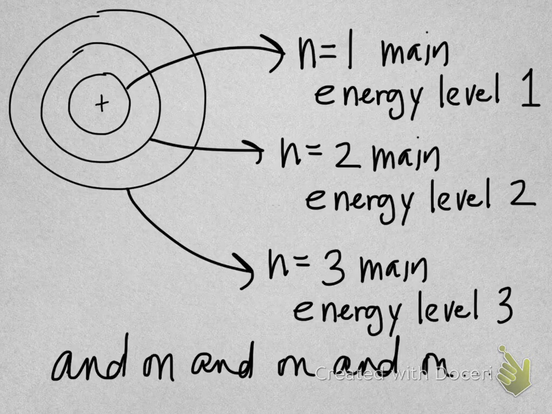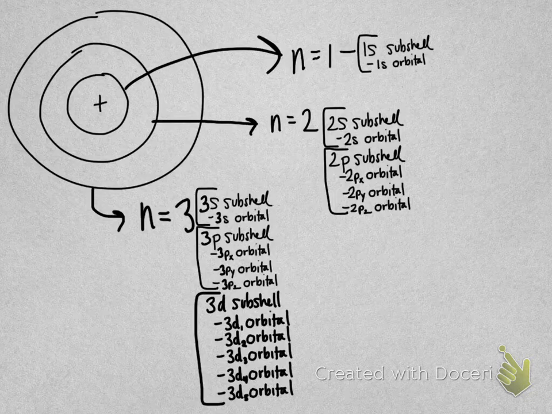You remember that we've held over from the old Bohr model of the atom the idea of main energy levels, though in the quantum model things go considerably deeper and get considerably more complicated. But we remember that n equals 1 is main energy level 1, n equals 2, main energy level 2, n equals 3, and it just goes on and on. What we've added in the quantum model is that at n equals 1 we have the 1s subshell, which is made up of the 1s orbital. At n equals 2 we have the 2s subshell, made up of a 2s orbital, and the 2p subshell, made up of the 2px, 2py, and 2pz orbitals. On the third main energy level, n equals 3, we get a 3s subshell, a 3p subshell, and a 3d subshell, made up of 1 orbital, 3 orbitals, and 5 orbitals